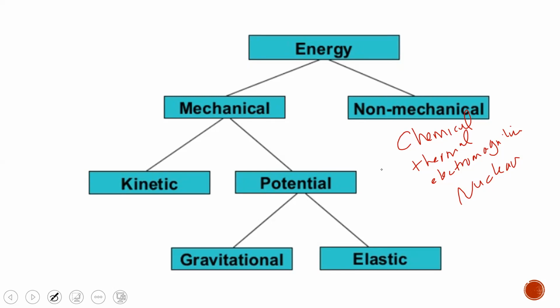A potential is an energy that is stored. When the ball is at rest, it has stored energy. This energy, we call it potential energy. And once I'm moving, my kinetic energy will start counting. So kinetic is the energy of moving, when an object is in motion, and the potential is when an object is at rest. It is the energy that is stored. Later on in the next lessons, we will talk about them in detail.